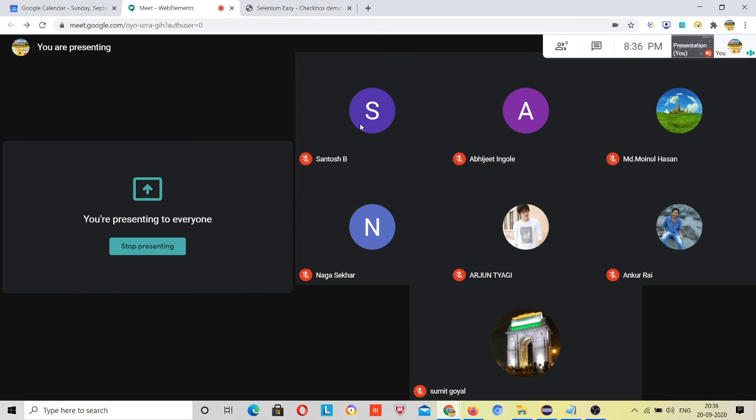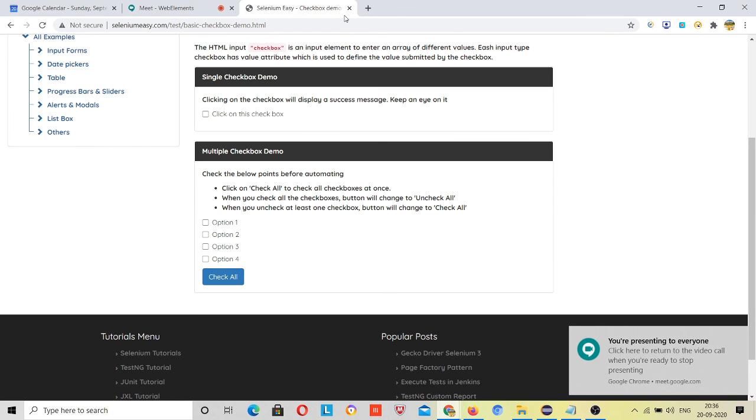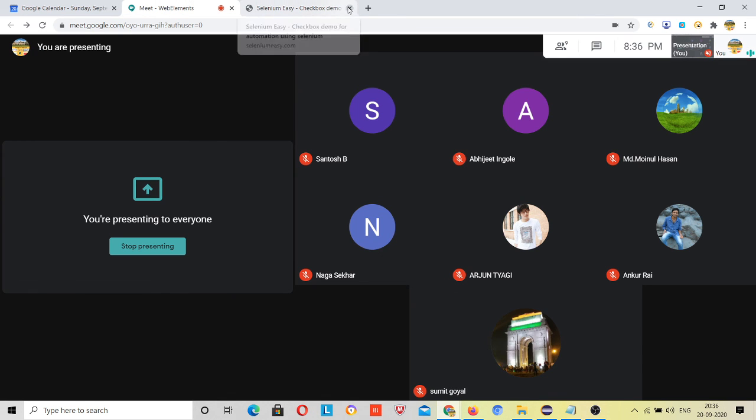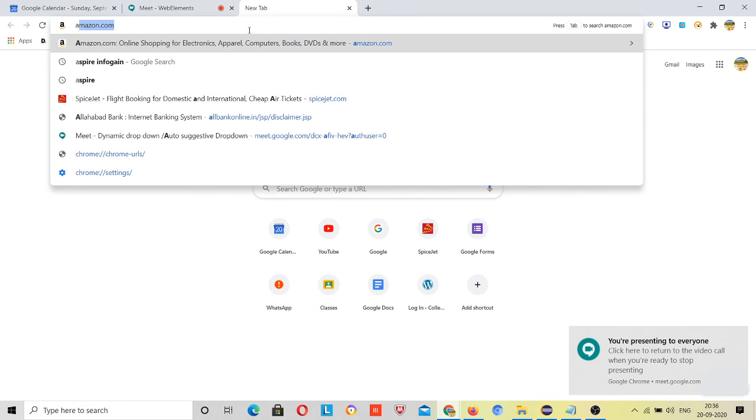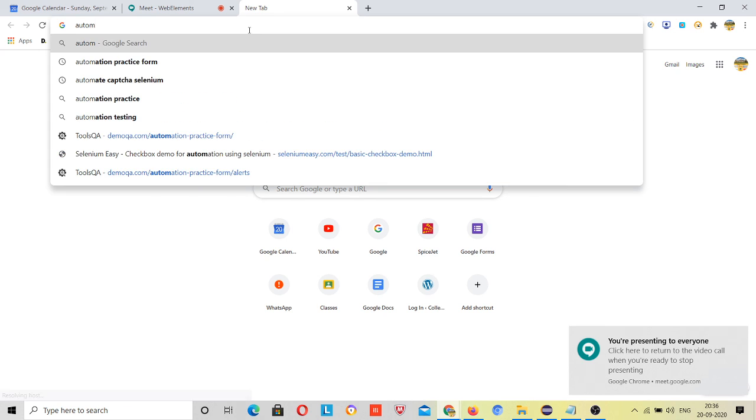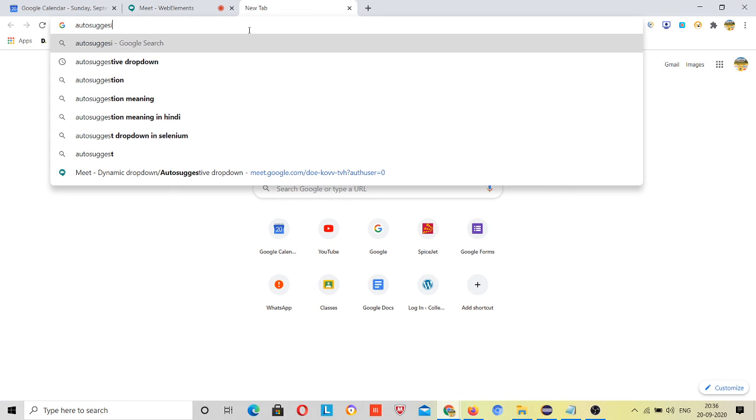You can also do one thing. Normally, when I have to make assignments, for example an assignment for an auto suggestive drop down, I just search for auto suggestive drop down selenium practice.